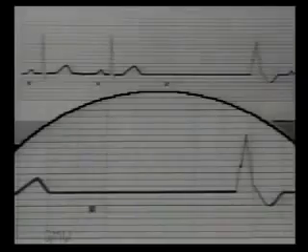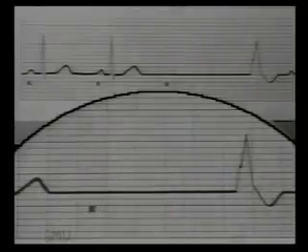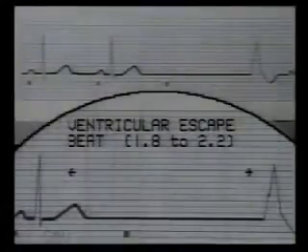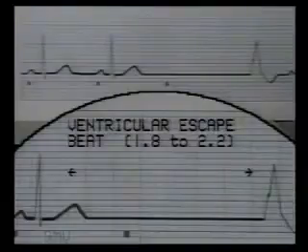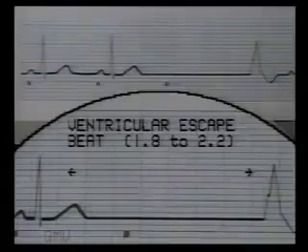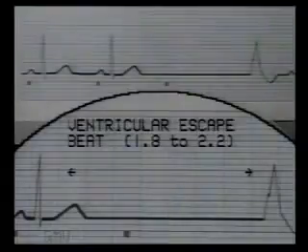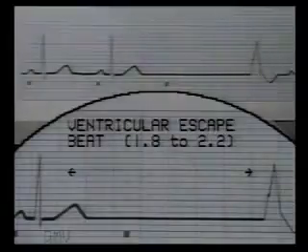This ECG shows a sinus arrest with ventricular escape beat. Note the preceding normal sinus beat and normal T wave. Then note the escape beat, which has no P wave, a wide and bizarre QRS complex and a T wave in the opposite direction. So this is a ventricular escape beat. A ventricular escape beat occurs after 1.8 to 2.2 seconds.